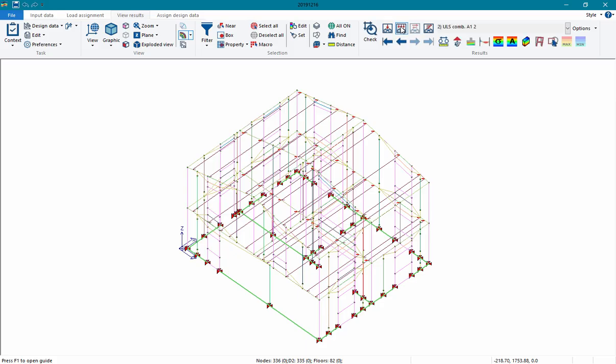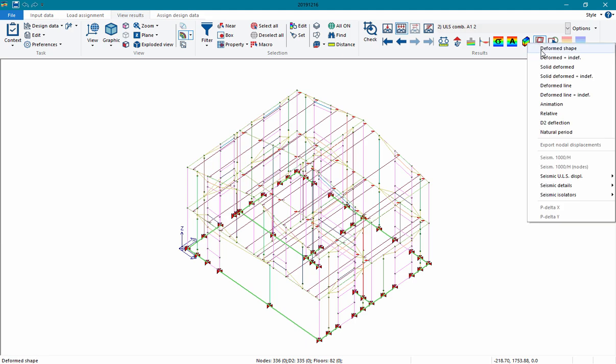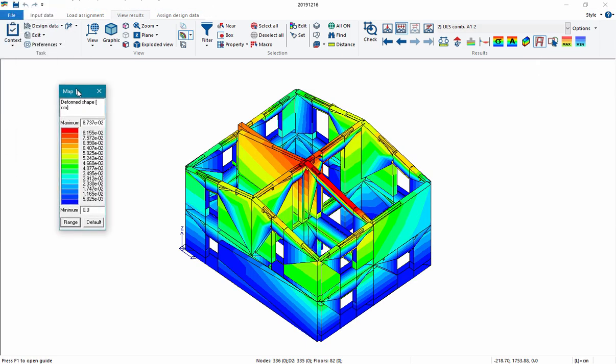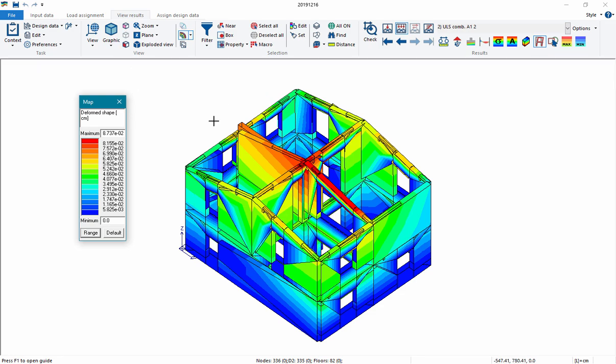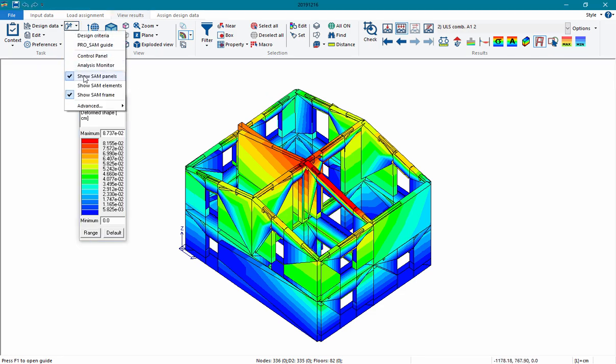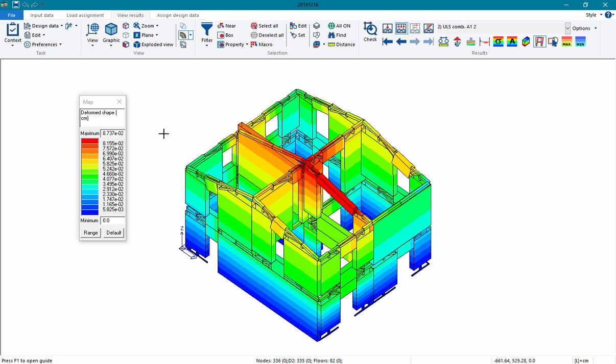With this command, I activate the control for load combination. The first one is to control the loads for each load case. And with this command, I check the deformed shape of the structure. To have a better view of the displacement of the structure, I turn off some panels. I want to investigate the displacement only of the element of the equivalent frame. I don't see problems in the displacement of the structure, so I can check also the action.